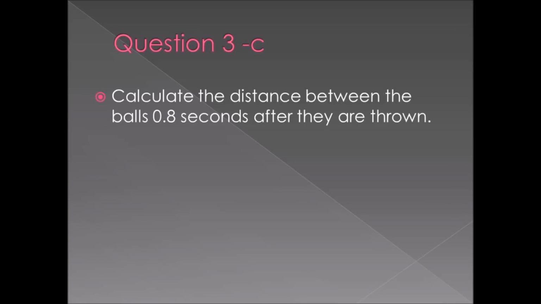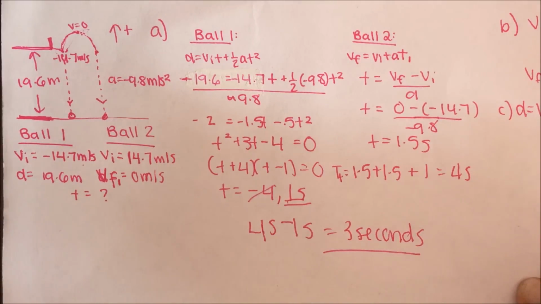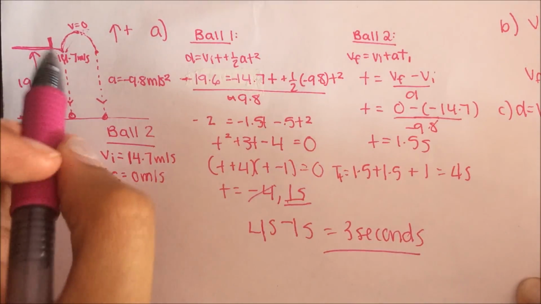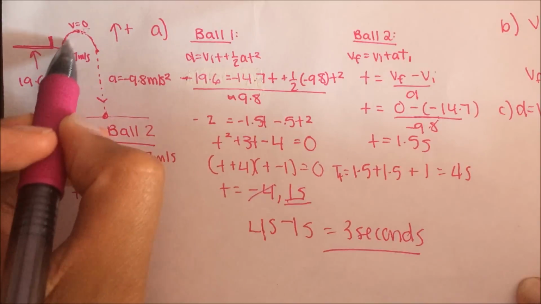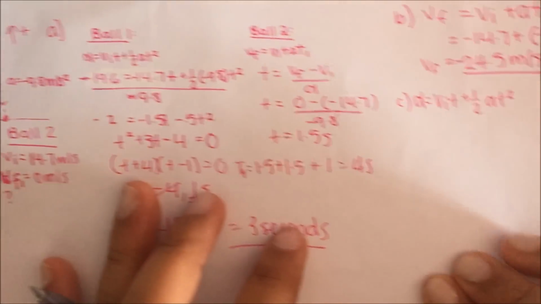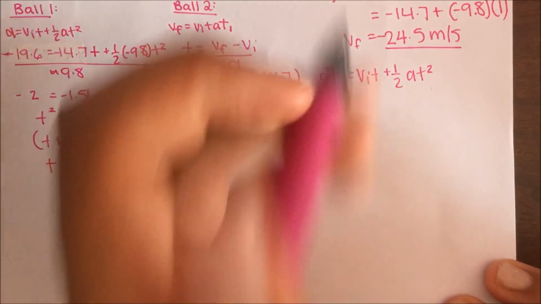Part C. Calculate the distance between the balls 0.8 seconds after they are thrown. So to find the distance between the two balls at 0.8 seconds, if you think about it, ball 1 is going to be almost toward the ground, and ball 2 is going to be somewhere in this part, because this part takes 1.5 seconds. So let's figure out the position they're in at both times. For ball 1,